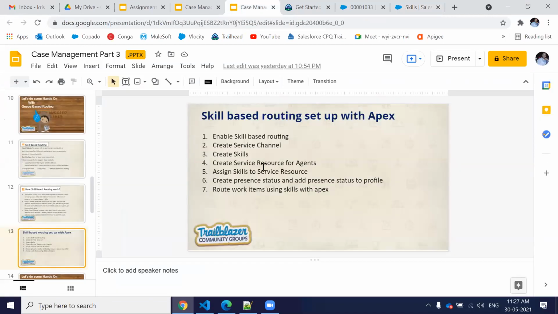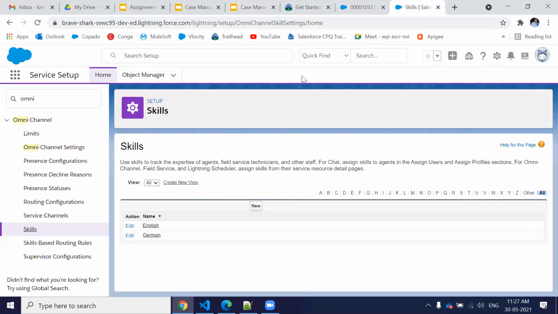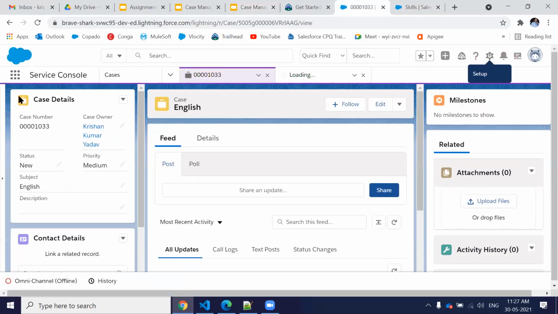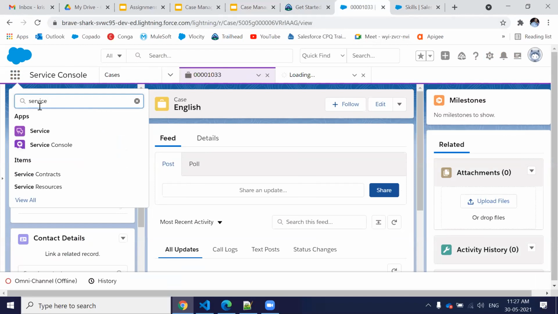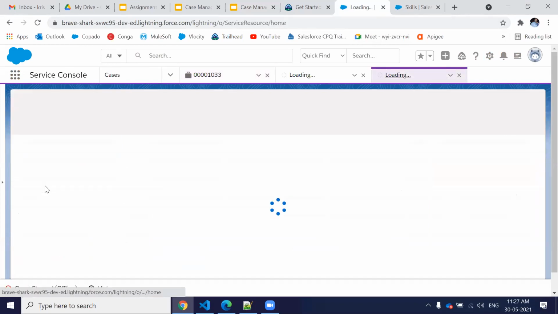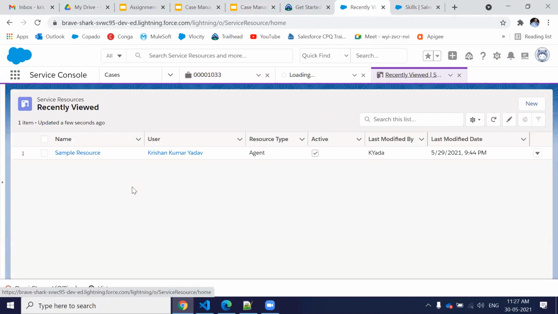Then I'm going to create a service resource for the agent. What is a service resource? A service resource means we are telling our Salesforce org that these are the users I'm going to use inside skill-based routing as a service resource.